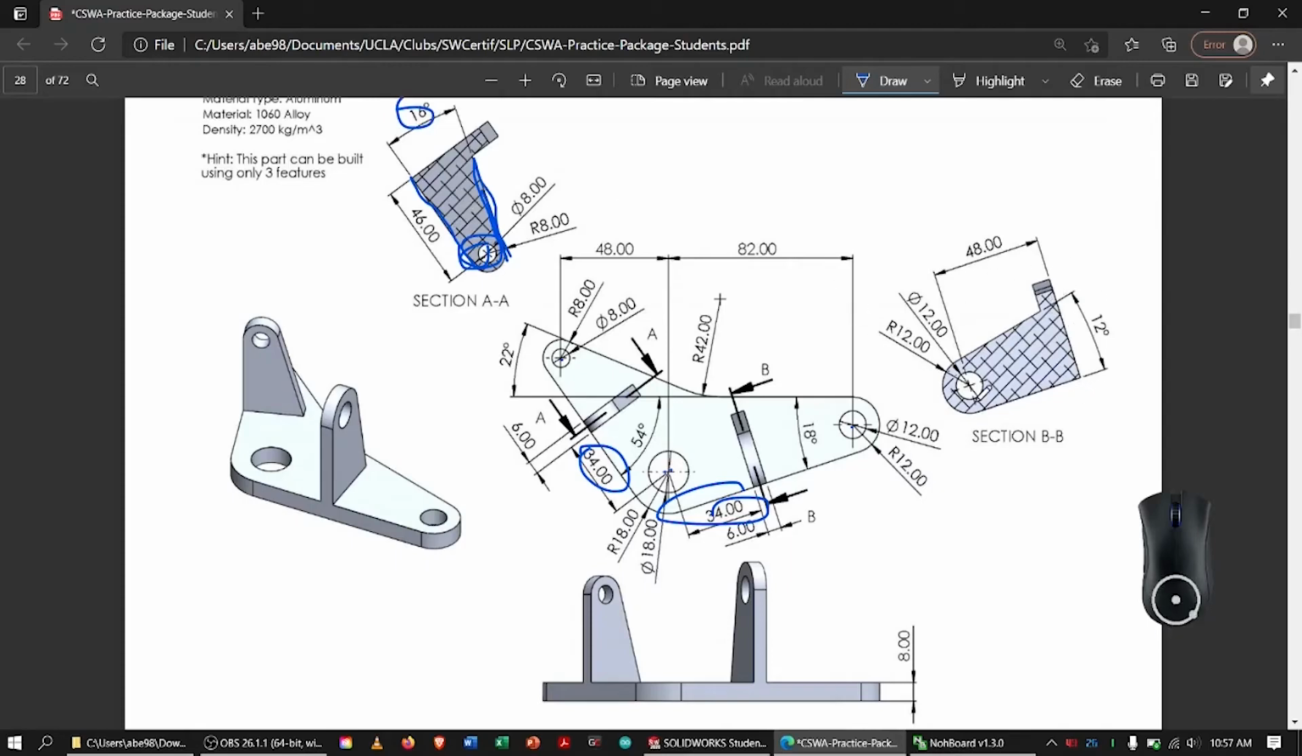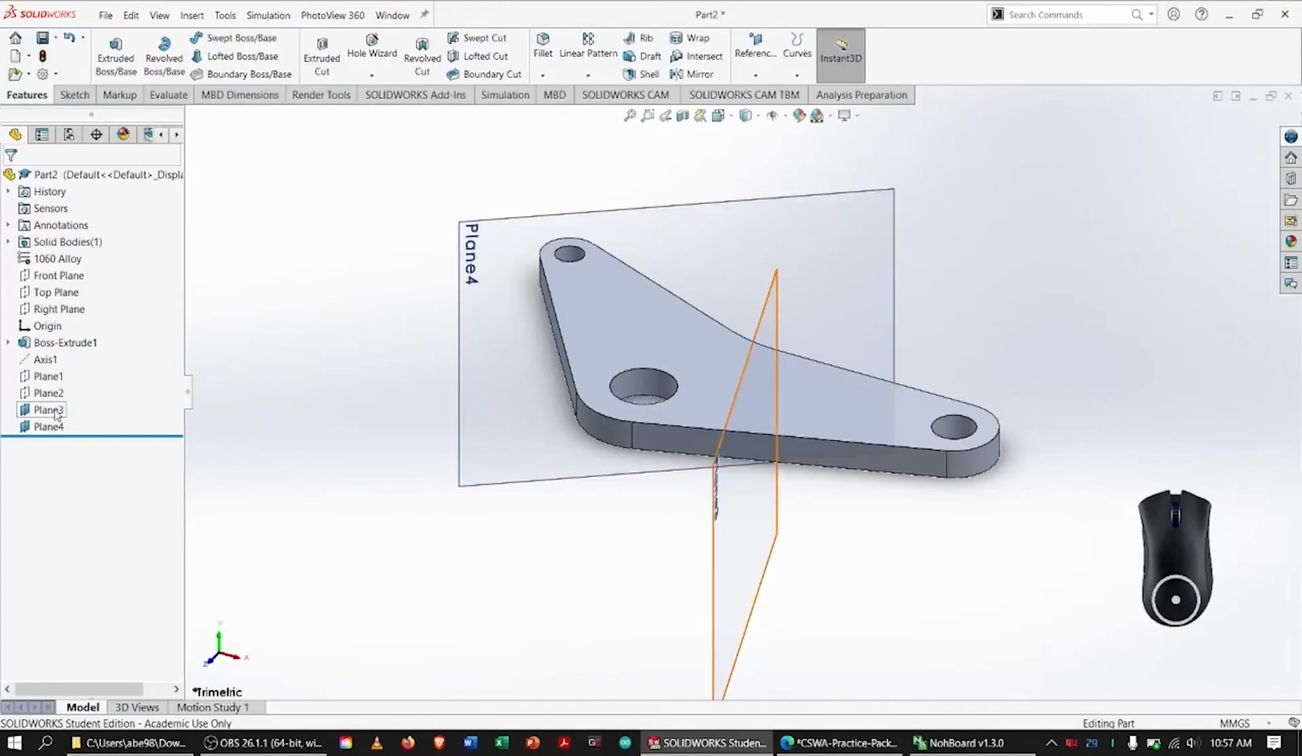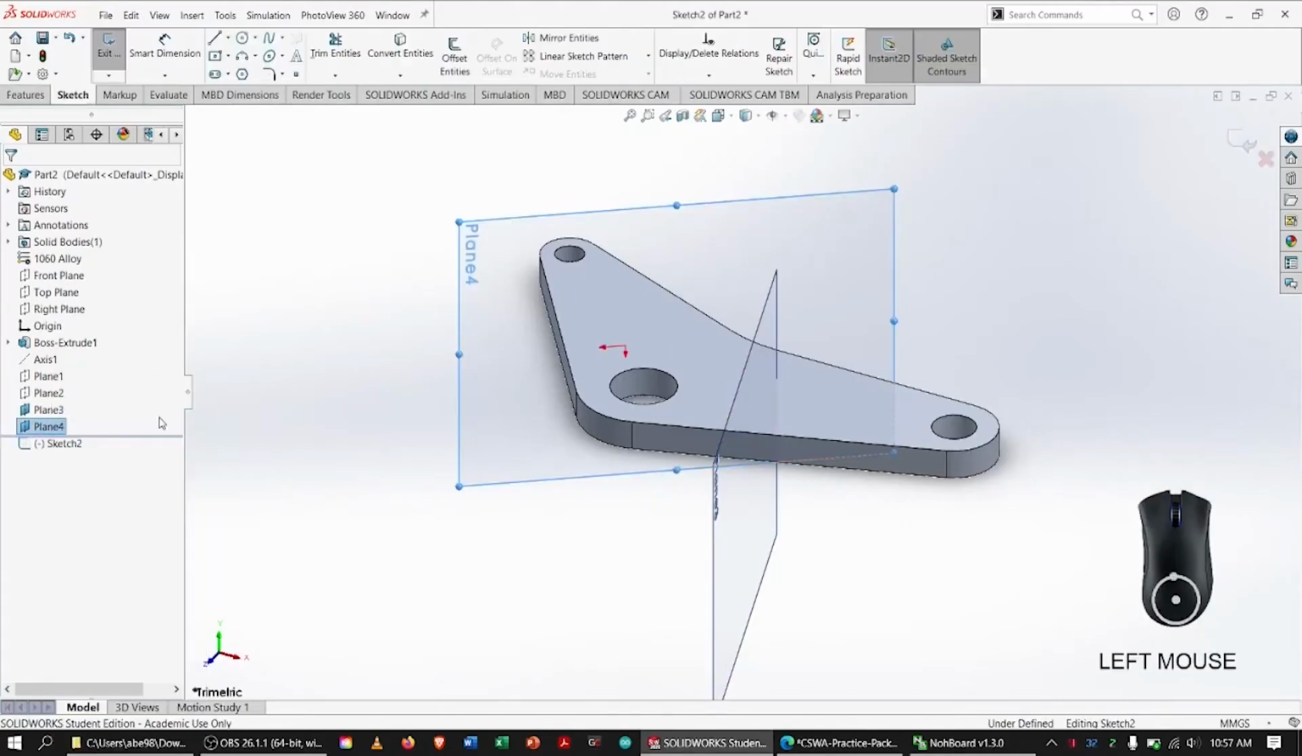And it's basically the same geometry for the second feature, except that it has different dimensions. We're actually going to create this feature first, so this feature is going to be on this side. So for that, we're going to be utilizing plane 4. So click on plane 4, sketch,